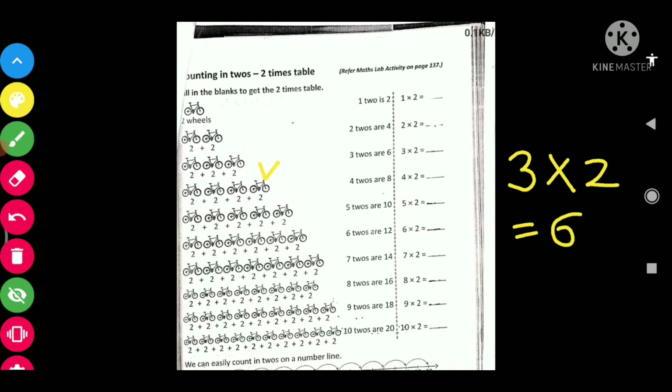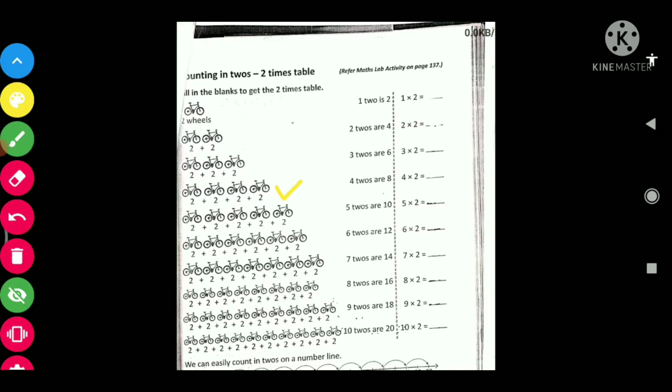So we can say it like 3 twos are 6. So what I have said: 1 two is 2, 2 twos are 4, 3 twos are 6.